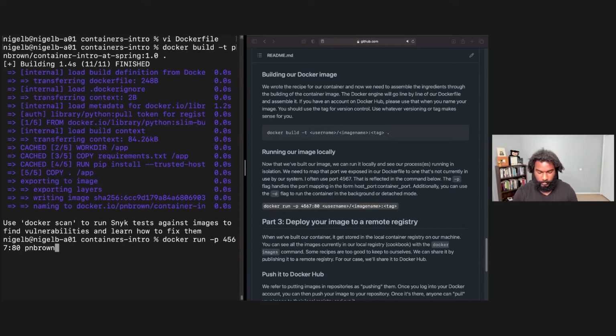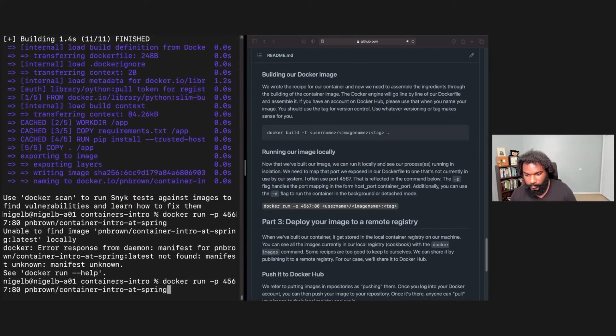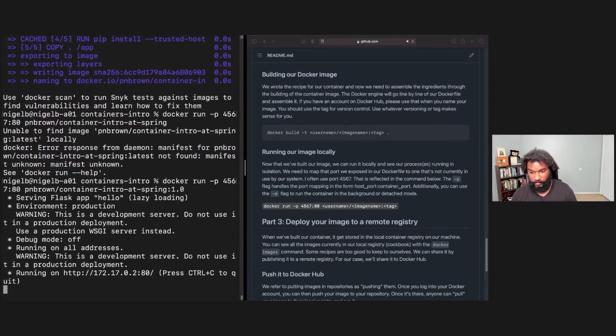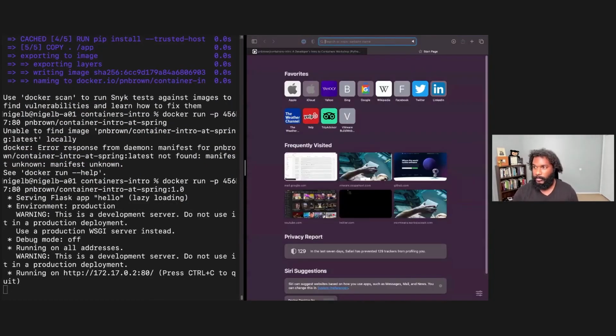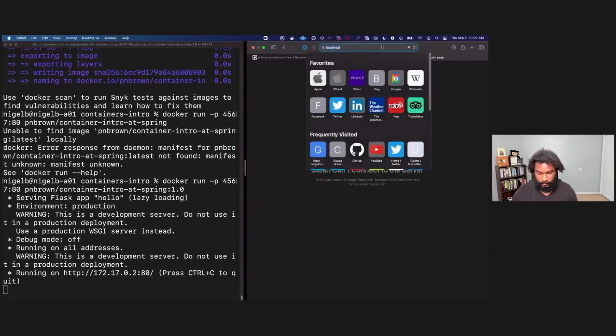pnbrown/container-intro-at-spring. Okay. Unable to find it locally. I typed something wrong. container-intro-at-spring 1.0. There we go. So now if we go look on localhost port 80,